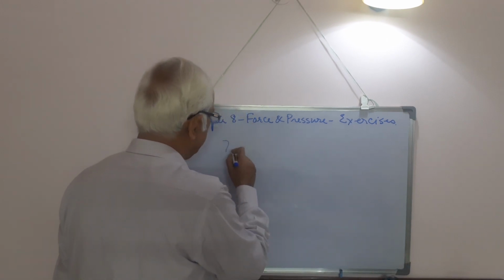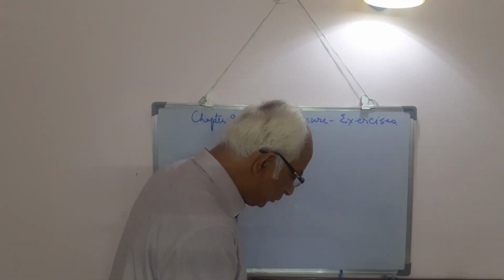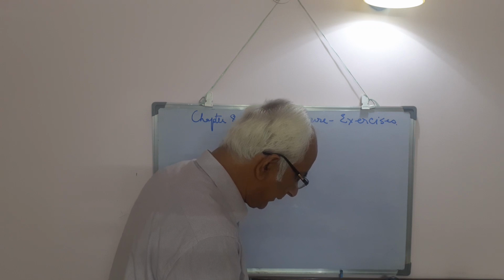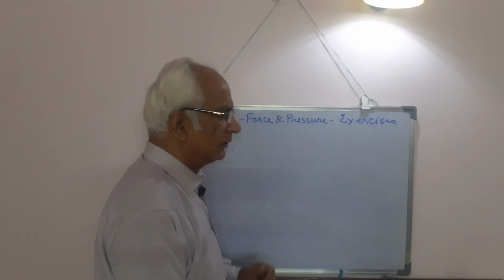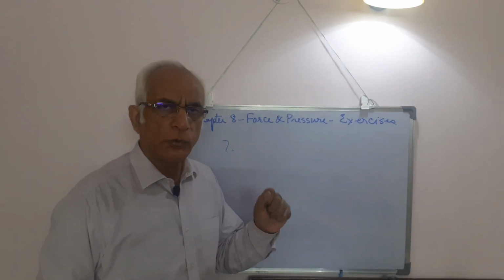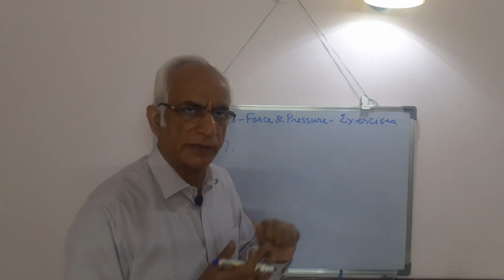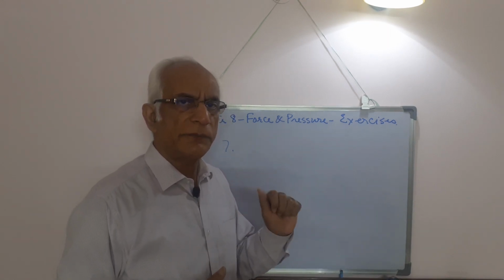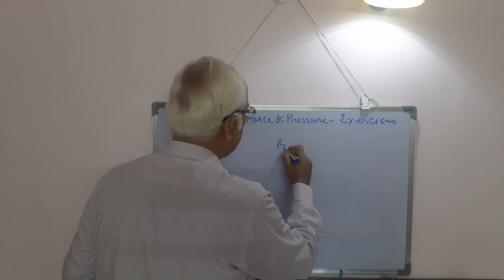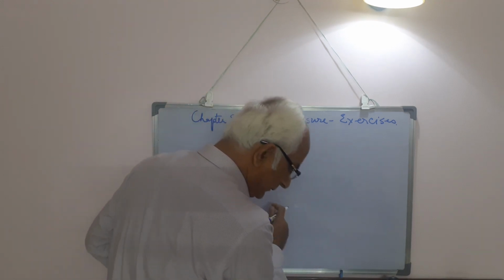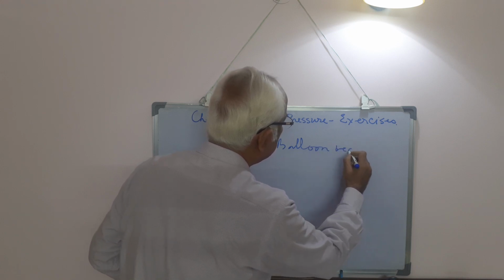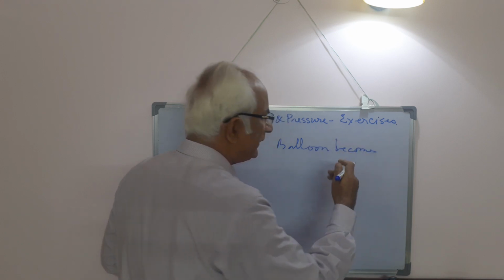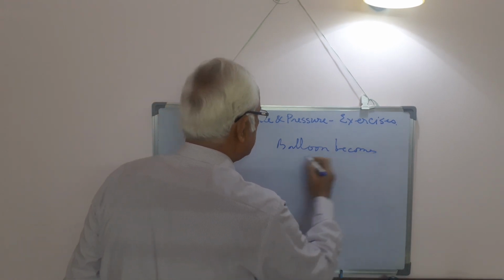Question number 7. An inflated balloon was pressed against a wall after it had been rubbed with a piece of synthetic cloth. It was found that the balloon sticks to the wall. What force is responsible? When the rubber of the balloon is rubbed against a synthetic fiber, the balloon's rubber becomes charged. So the balloon becomes charged. Basically, the rubber of the balloon becomes charged